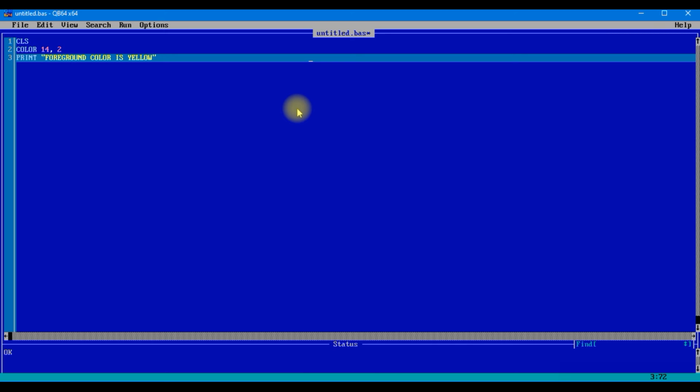Next we have the LINE statement. The LINE statement is usually used to draw straight lines in QBasic, and there are some parameters that we are going to use, which we will also learn about. Whenever we draw a line in a copy, we need a start point and an end point. Similarly, here also we need a start point and an end point. Then only our proper line will be drawn. So this is how our program is going to run. Let us check how we can do this.